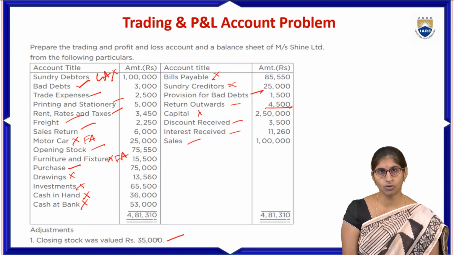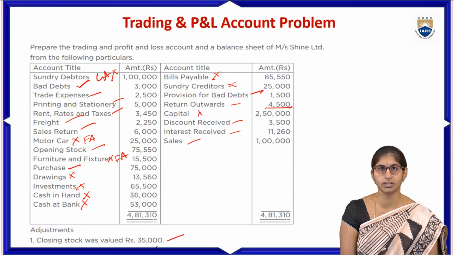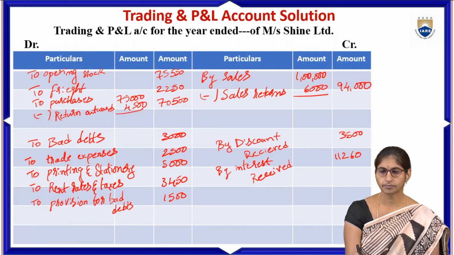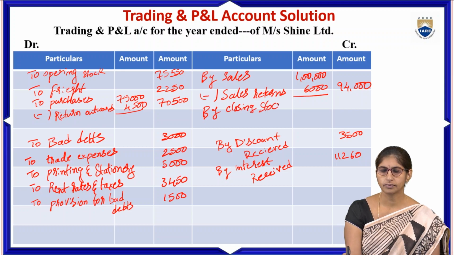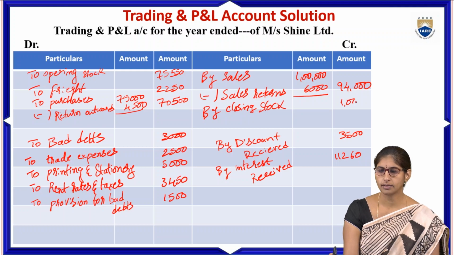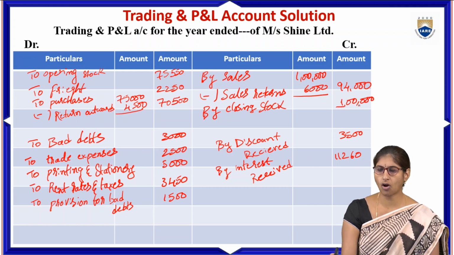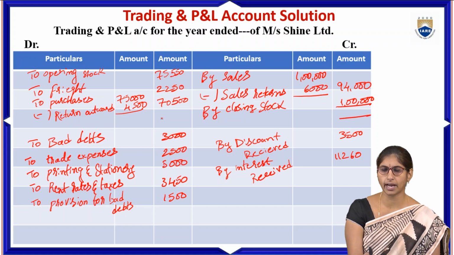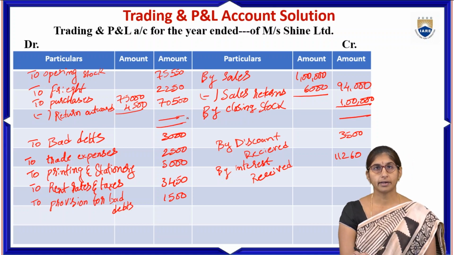Anyhow, we are preparing only trading and profit and loss account now, so we are going to record this closing stock in trading account credit side. So by closing stock 1 lakh. Now after entering all the items in debit side and credit side of the respective trading and profit